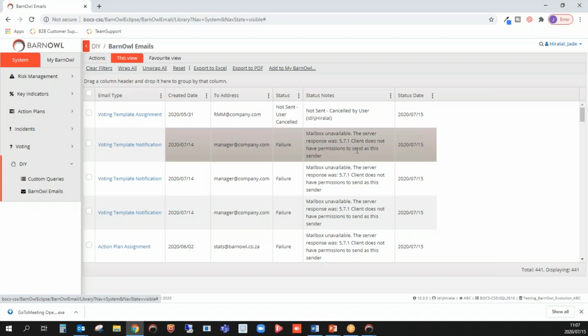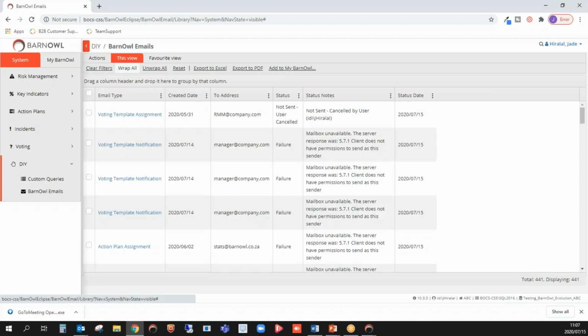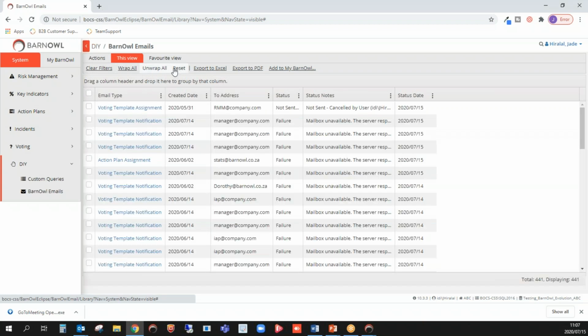You can wrap all of your text. So I could either choose to wrap my text or to unwrap my text. Okay. You can also reset your items. You could export your view that you have over here of your register. You could export it to Excel, or you could export it to PDF, and then you could shortcut this to